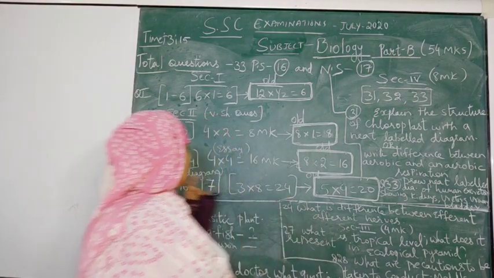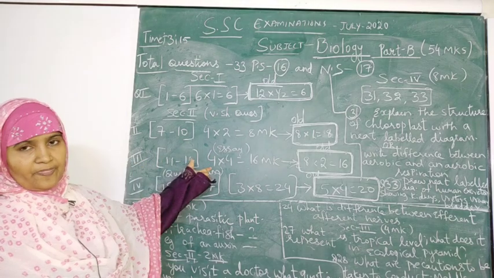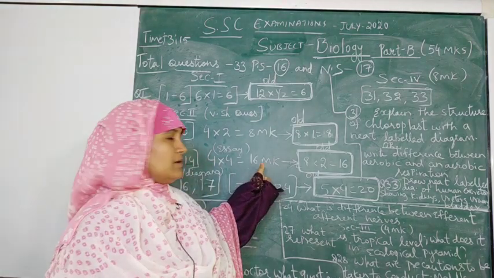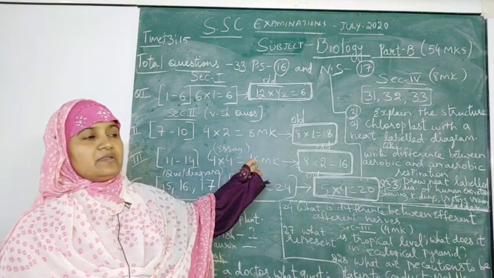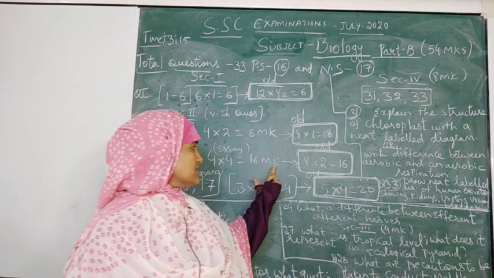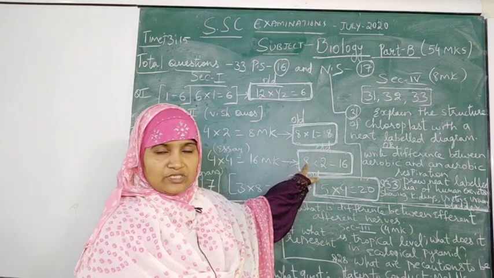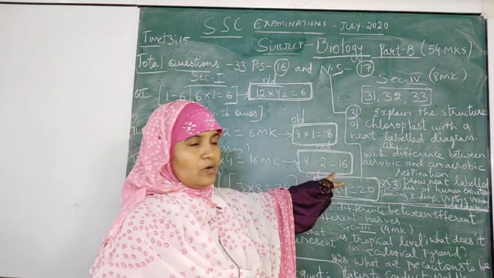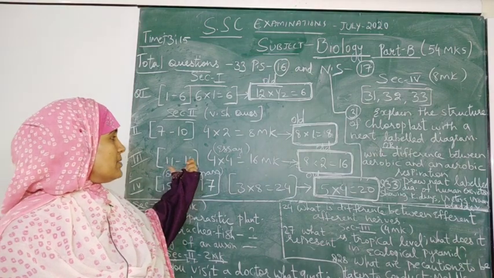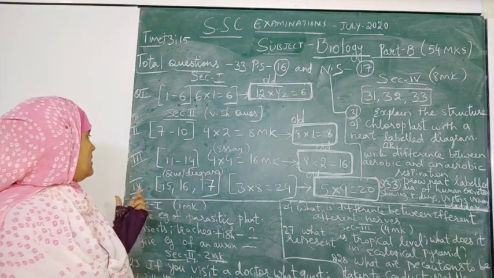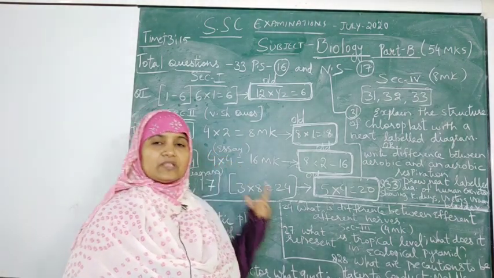In section 3, we know section 3 carries 4 marks per question, and the total marks allotted for this section is 16. That means for 4 questions you will have 4 marks each. In the previous paper pattern you had 8 questions which carried 2 marks each, and the total was 16. So here the number of questions is reduced. Here too you have to write the answers as per the question demands.